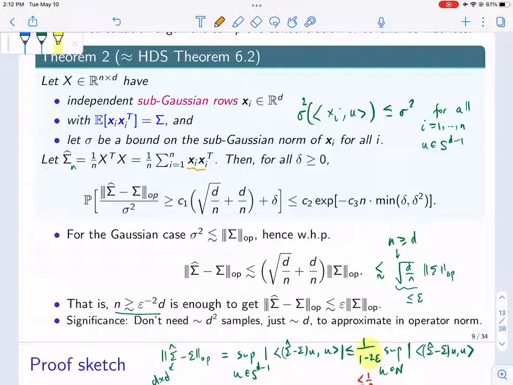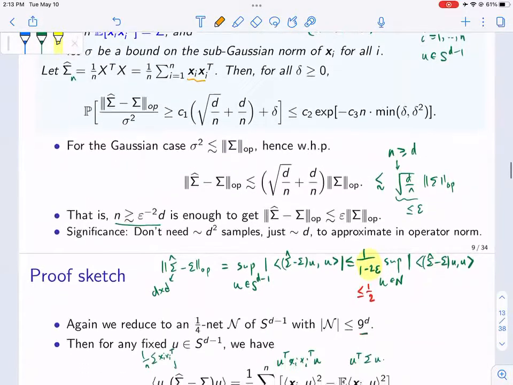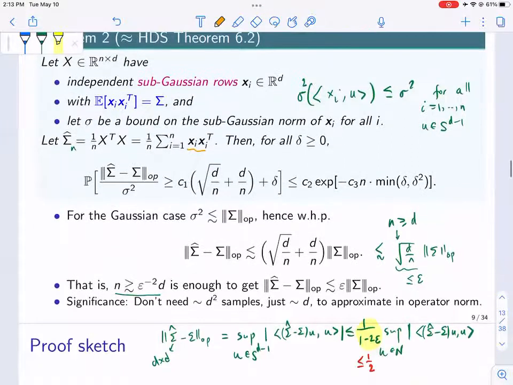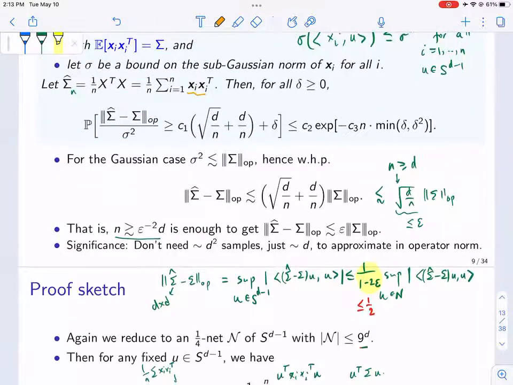Okay, so let's try to prove this. What do you guys think we should do to prove this result? I started doing a few calculations last time. But I think before doing that, I want to manipulate this a little bit, put it in a format which is more